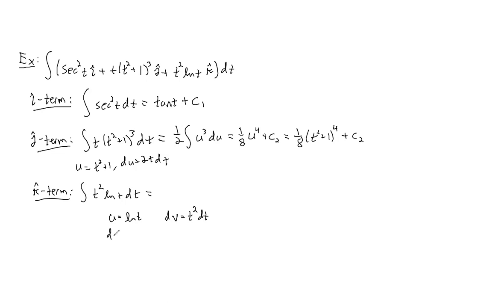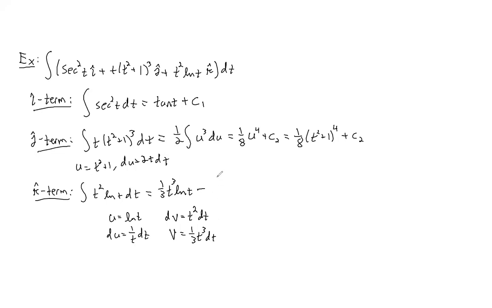dv is 1/3 t cubed dt, and du is just 1/t dt. It's easier to differentiate ln t than it is to anti-differentiate ln t, so we're going to make ln t be our u term. That's going to make this whole thing 1/3 t cubed ln t